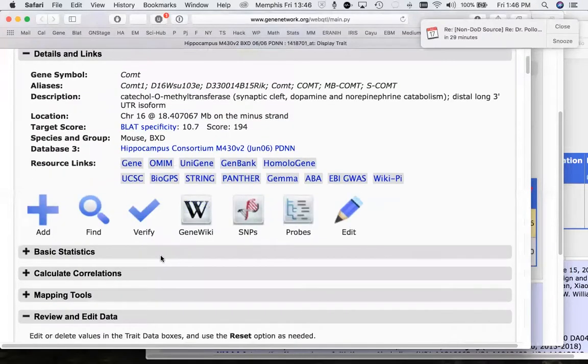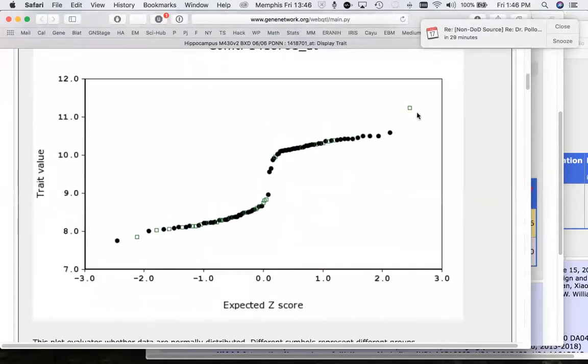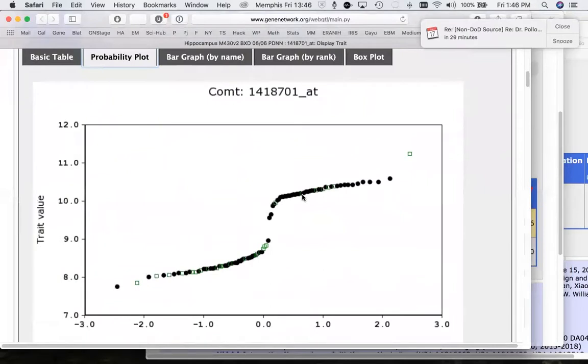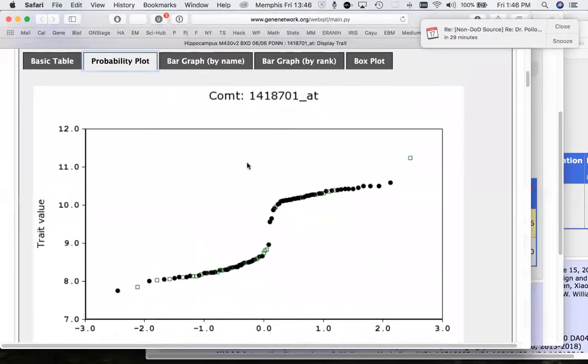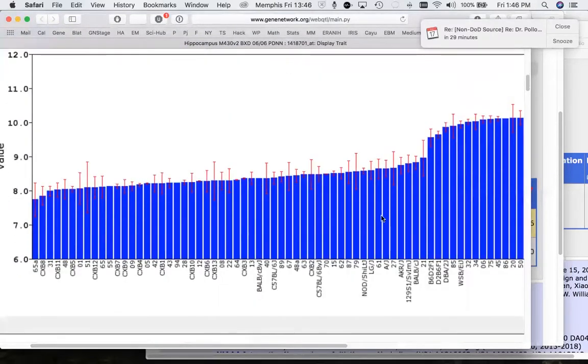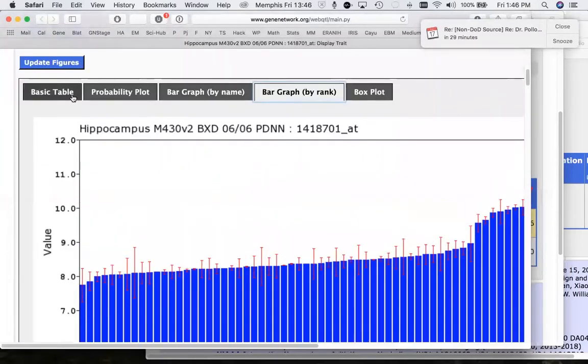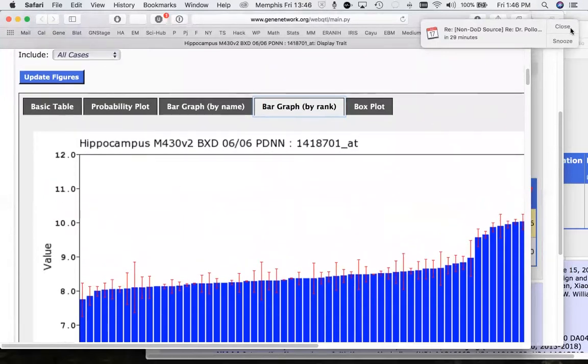Let's look at it at this level. 99 strains were studied. It is anything but normal. So this is what a Mendelian trait looks like. It's got a high group and a low group and very few in between. That is a wonderful distribution. It looks a little funky and risky, but it's actually what a geneticist wants to see if they want to do Mendelian genetics. If we sort it this way, you can see again which strains are low and which strains are high. And the question in your mind should be, where is this variability in catechol O-methyltransferase coming from?